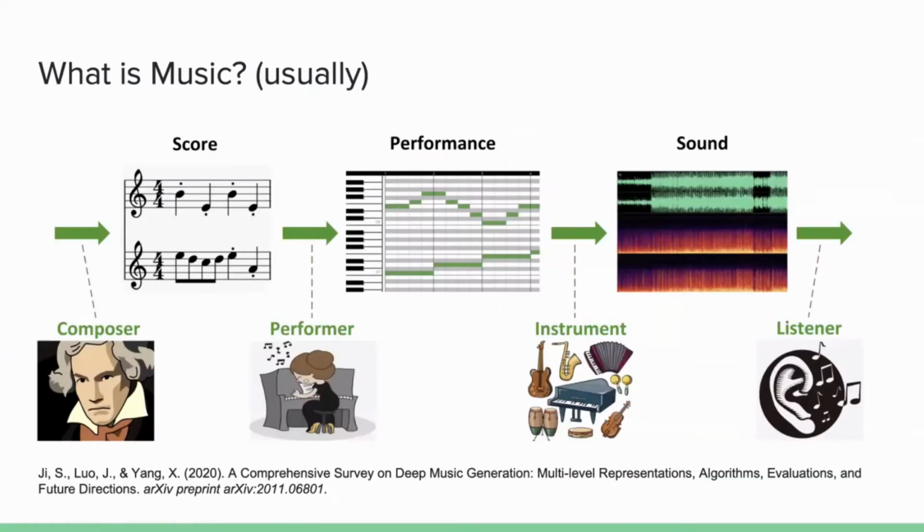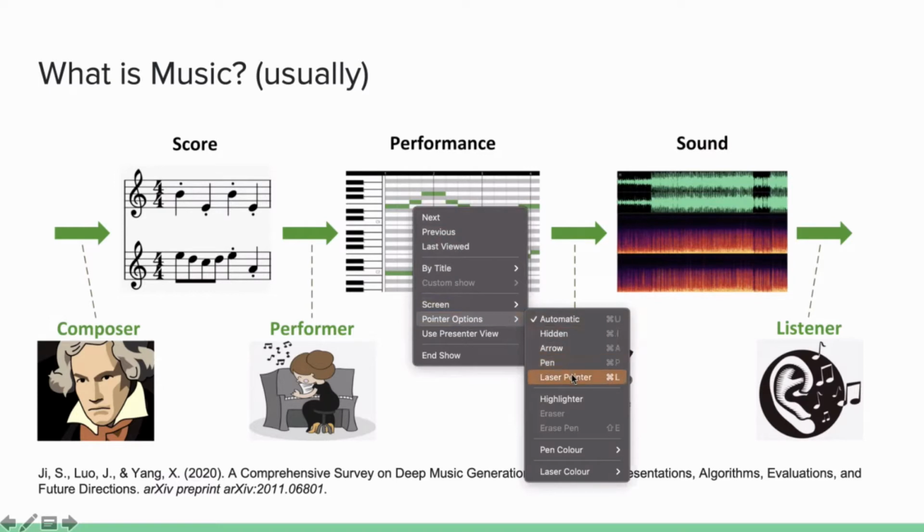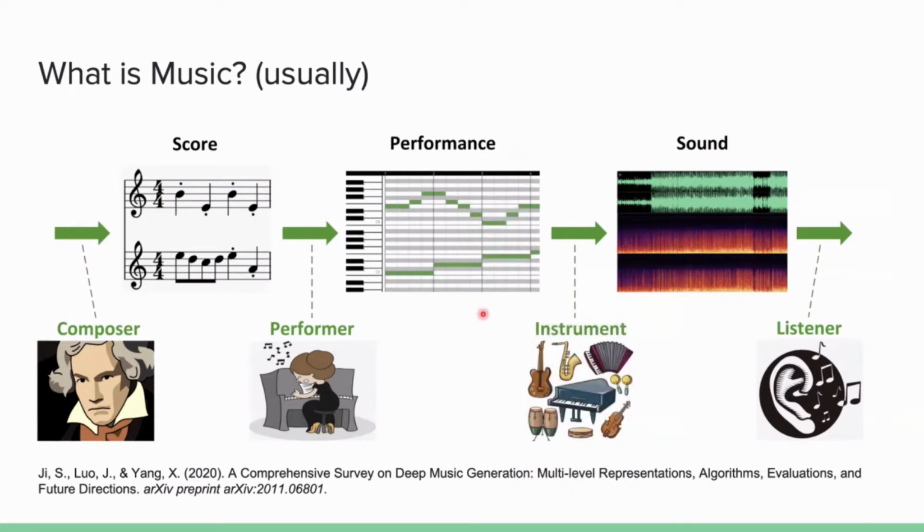But it's more difficult with music. It's much more complicated here. To begin with, let's consider what music actually is, and let's define the terms. Traditionally, there is a composer who writes the music. He writes the music usually in notes, music notes. Then the music has a performer who performs these notes and turns it into some actions. For instance, presses the keys on a musical instrument, for instance, a piano, like in this case.